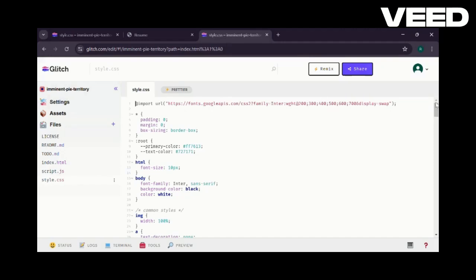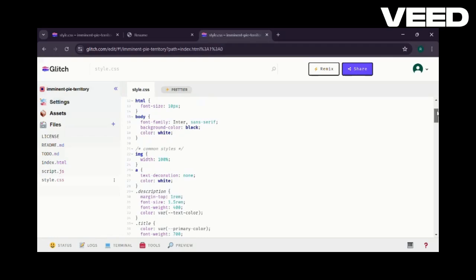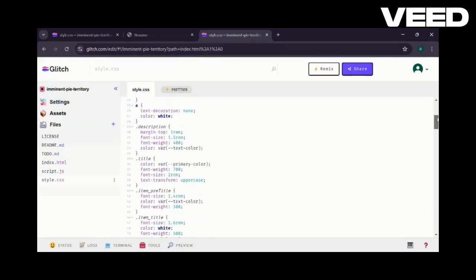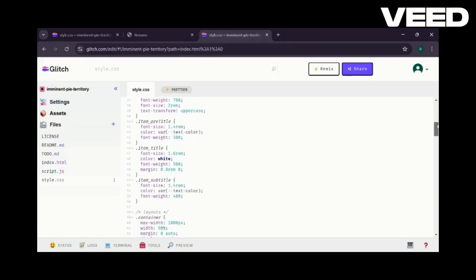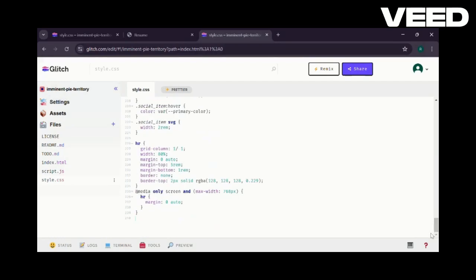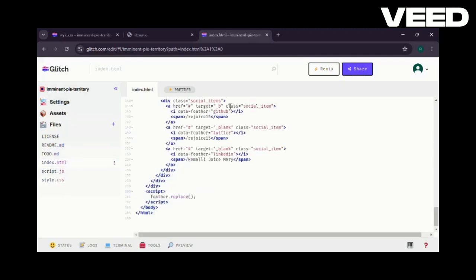We check the things over that. Here we use color, font size, body, and image properties. And again, we go back and check over the index.html.